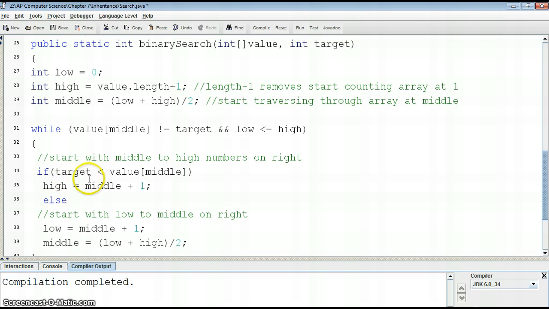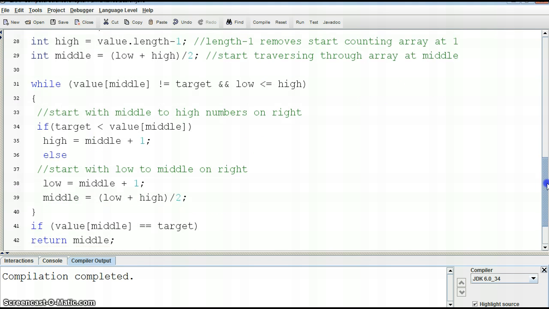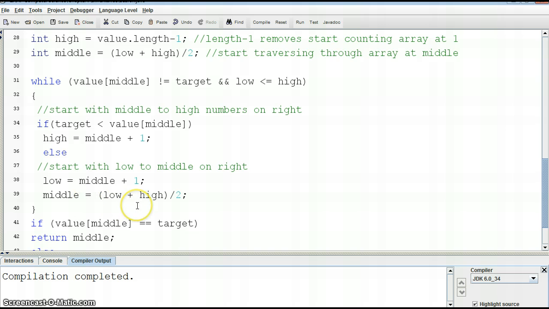So if the target is less than the value sub middle, it will be considered a high value, and it'll say high equals middle plus 1. Okay, and then it'll start searching from middle to high. And then if the low, start with low to middle on the right, low equals middle plus 1, and that's the else, then it will go ahead and